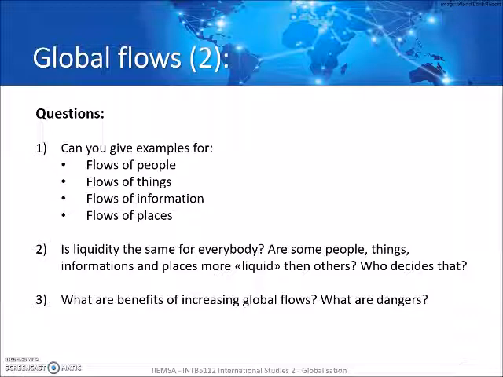Now I'm going to give you some of the answers now, but as I said, we're going to discuss this as well because many brains always come up with more. Flows of people, I think, is quite an obvious one, right? The first that we probably think of is migration, is people who migrate to another country. However, flows of people can also be tourists. It can also be people who have been trafficked, so it can also be human trafficked people. So there's a lot of different flows of people as well. And even if we look at migration, we will see that in week 6, I think, there's also different types of migration, right?